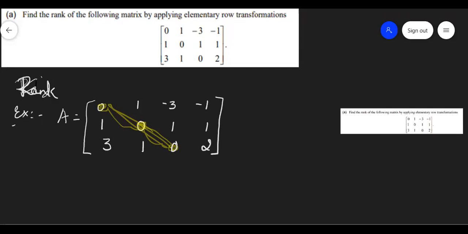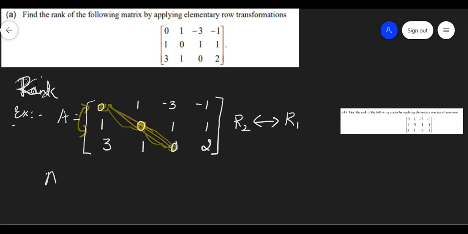Now simply I cannot make anything, so I have to apply a row transformation only. I'll interchange these two. Is it okay? See, if I interchange these two rows, the element which was 0 will now be 1, right? So what is the operation to be applied here? We'll apply R2 interchanging with R1. Only a row transformation. If you apply it otherwise, it's a column operation, which we don't want. So just interchange these two.